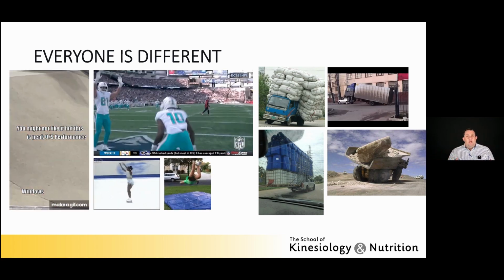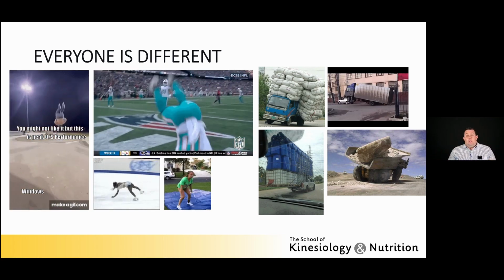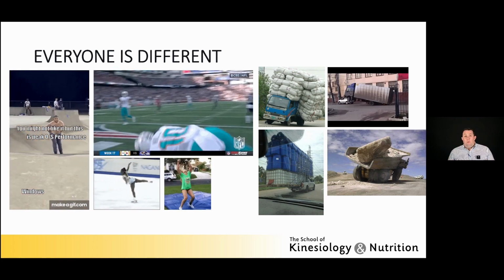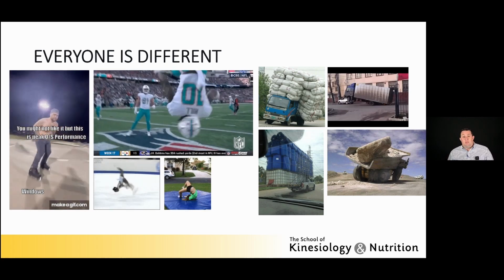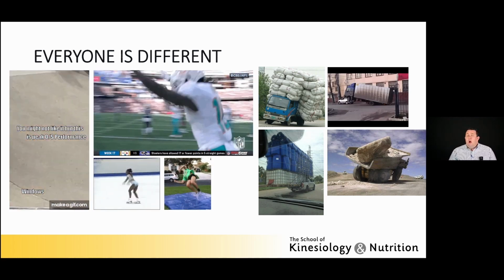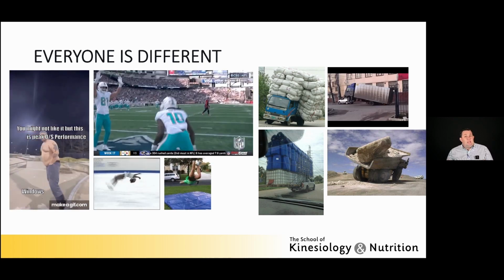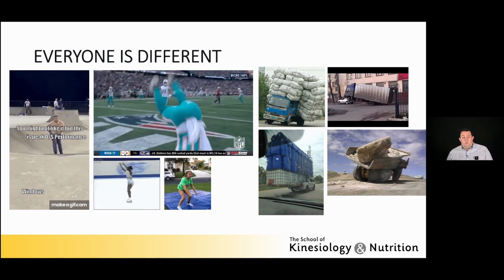Some people are top heavy, they have broad shoulders and big muscles. Other people are much thinner. I think of marathon runners in this case. A marathon runner versus a football player are going to have much different distributions of mass about their frame, and that's going to impact how their body moves through space.